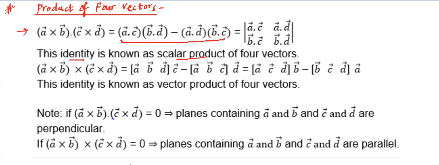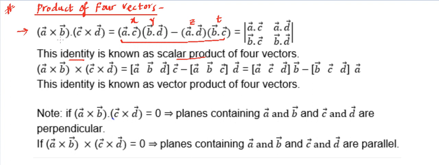Now this number is basically like one number x, this is y, this is z, and this is another number, let's say t. So this is a product of four numbers, right? And then subtraction, two and two, with subtraction in between, which we can always write in terms of a determinant, because in determinants first we multiply these things, then subtract this multiplication. So that's what is written. Okay, fine. So this is an identity that can be remembered.